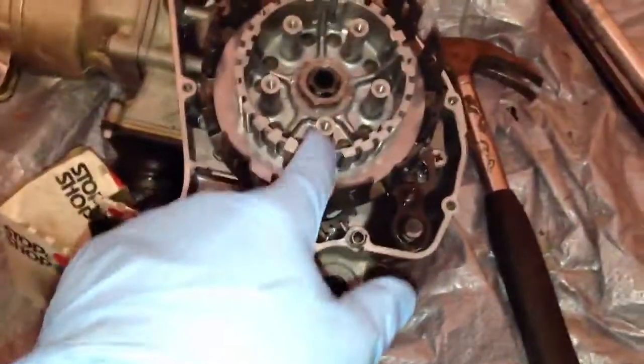Alright guys, we're back. We're going to actually put this whole thing together now, the whole clutch and everything, because we got this torqued down pretty nice. So I'm going to have my buddy here hold this while I show you guys how we use the crush washer here. You should use a new one, but we're in a pinch, so